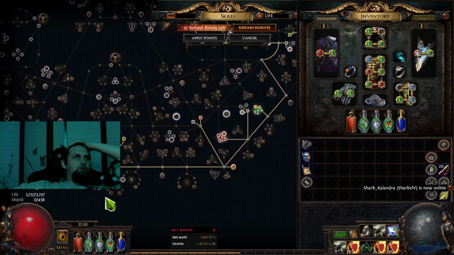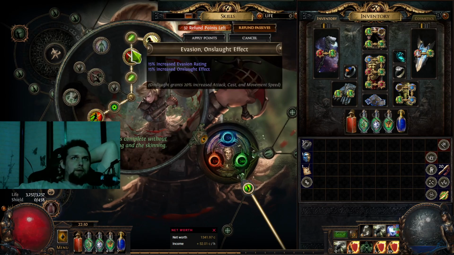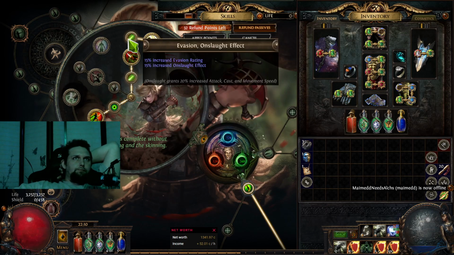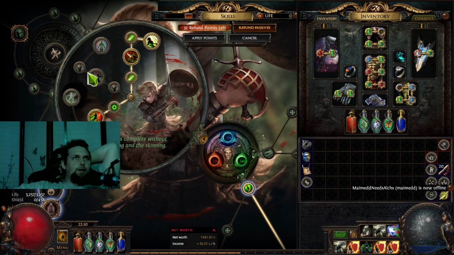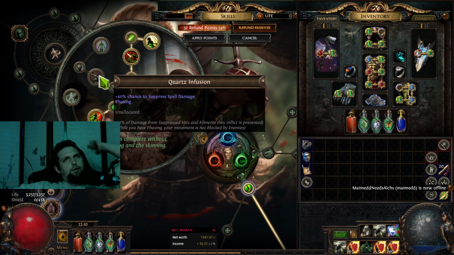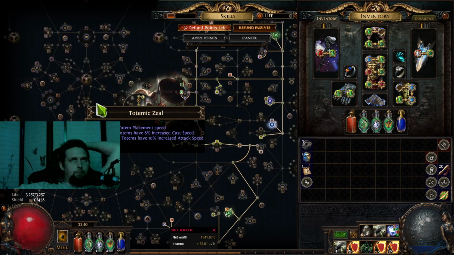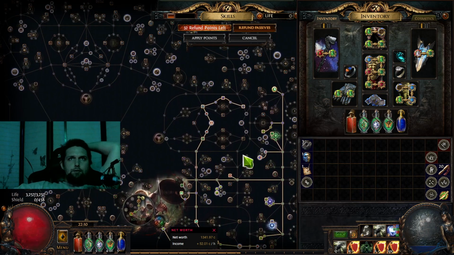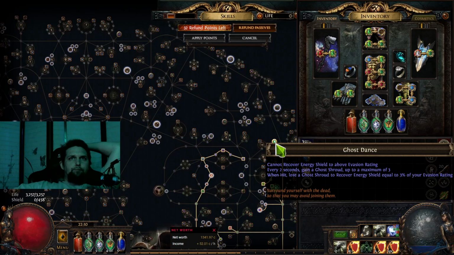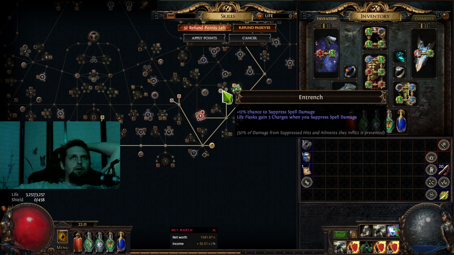This is kind of the tree here. Just gonna finish working down here, getting frenzy. As you can see here, we just picked up all the frenzy charges. I went for the onslaught effect on the ascendancy just because I like to go fast. I'm just gonna go for the frenzy. You could go for this, but you could easily just get 40% spell suppress for free, and phasing isn't that big of a deal for me because I usually kill everything anyways. Why do I need to run through it? And Ghost Dance is really nice. Of course, you want Point Blank down here. I went for the suppress here,